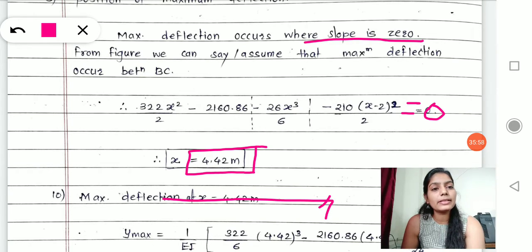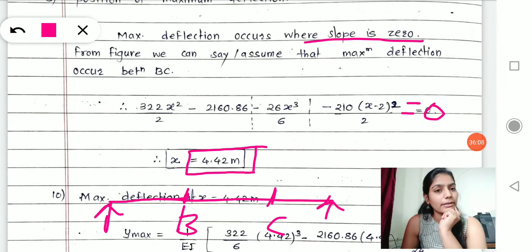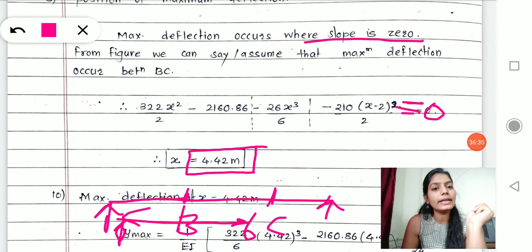Now my total beam is of 9 meter, right? And I have assumed from B to C points I will get maximum deflection, right? And that equation I wrote from 0 meter to 6 meter. I have used the equation for the span of 1 meter to 6 meter, right? For this span, I have taken an equation, and I equated it to 0.